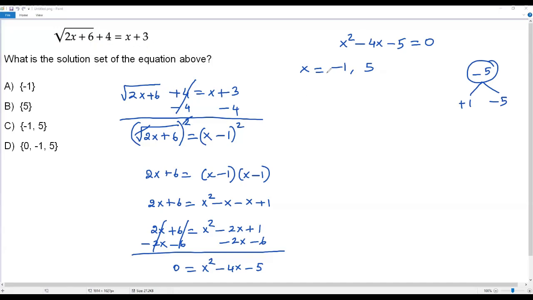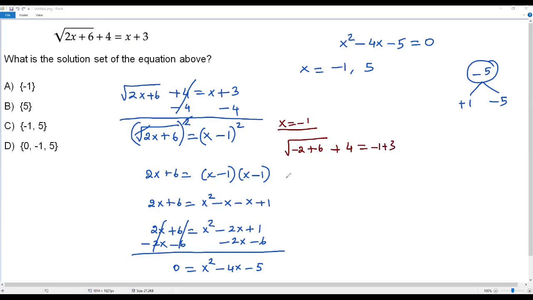It's very simple. We just have to plug x equals negative 1 into the given equation and verify whether the equation is satisfied by this value. Okay, now let me plug in x equals negative 1 into the given equation. So square root of, when I plug in x equals negative 1, 2 times negative 1 is negative 2, positive 6, then we have positive 4. On the right side, when I plug in negative 1 for this x, it will be negative 1,